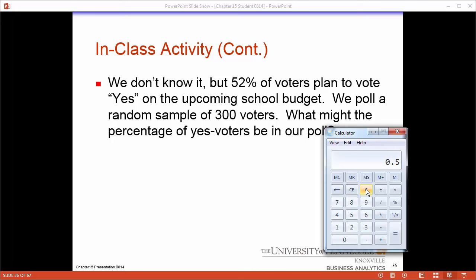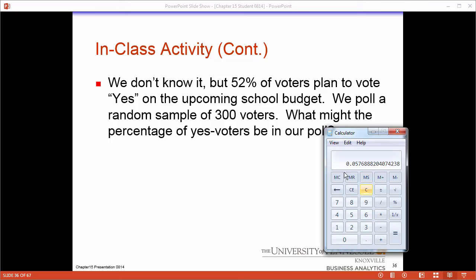We would expect, given that it says we don't know it, but that's what's going to happen, that's the expected value. So let's go ahead with that being the mean of our distribution, find the standard deviation, times it by Q, divide it by the sample size, and then square root. And we get close to 3%. I am doing a little bit of rounding, but let's times it by 2, and it's 5.7%. So if you add and subtract this, you would find out your 95% area of what to expect.